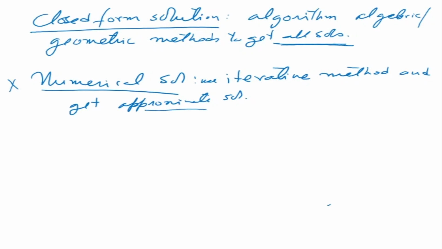Why? Because if there is even a very small error, you might end up with a robot that is going to operate for millions of cycles. So if you're operating with even a very small error, say 0.1 millimeter, multiplying that with millions and millions of cycles, it will suddenly become a very large error. So we do not use numerical solutions in robotics, and we use only closed form solutions.